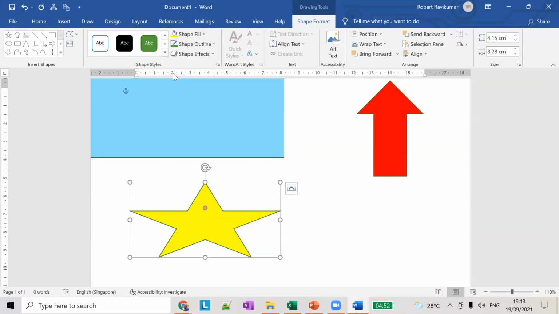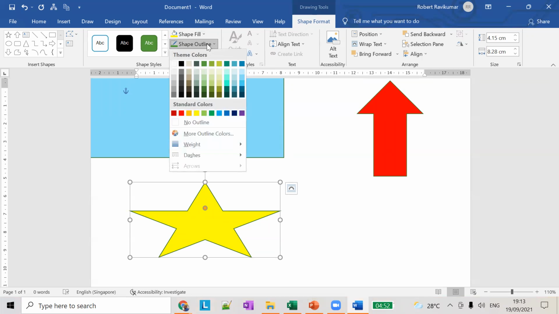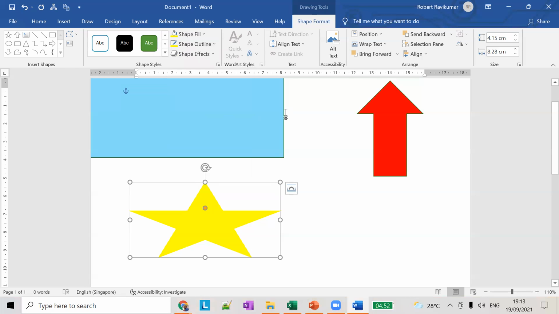Apart from that, the shape outline color also we can change. You might not be able to see it clearly, but the outline color is already green. If you want to change it to yellow, you can do it.